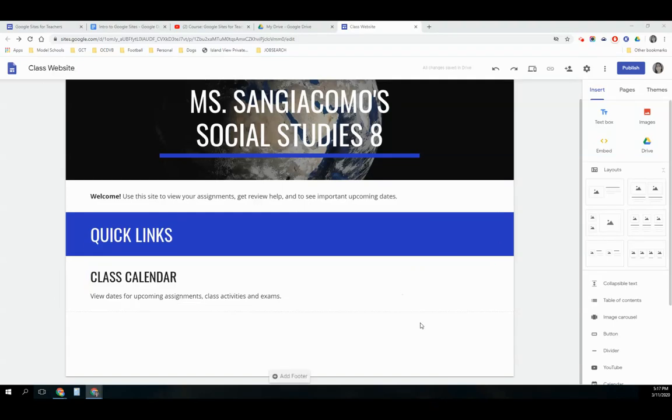In this tutorial, you'll learn how to insert and adjust images in your Google Sites. Okay, just like you would insert text, this is also pretty much the same way that you would insert an image into your site. So from this Insert tab, I'm going to go ahead and click on Images,